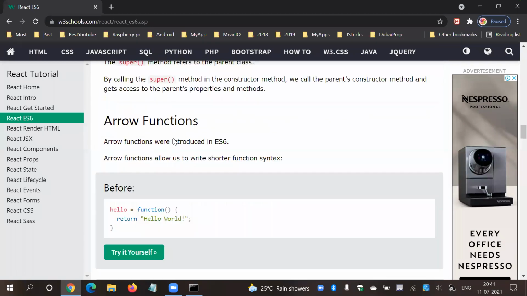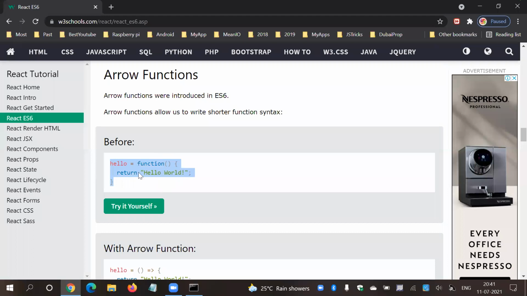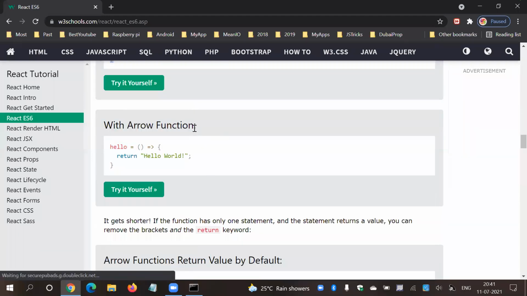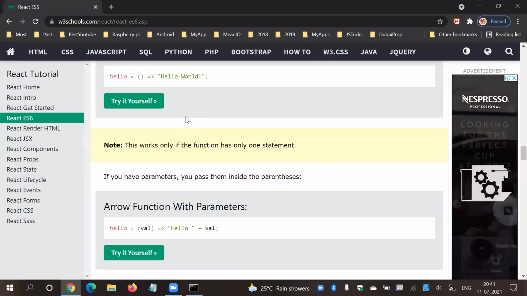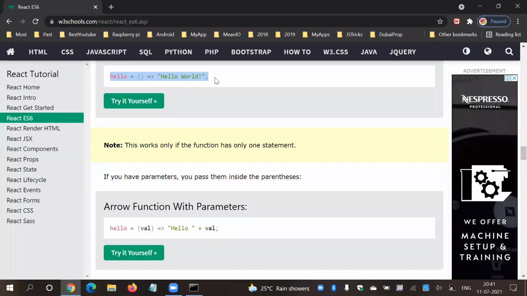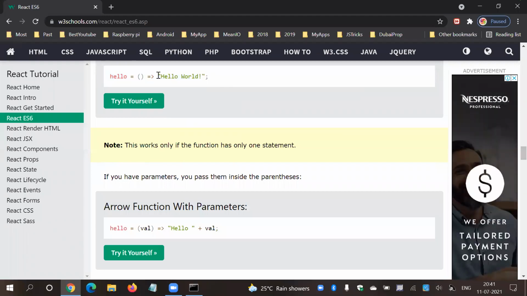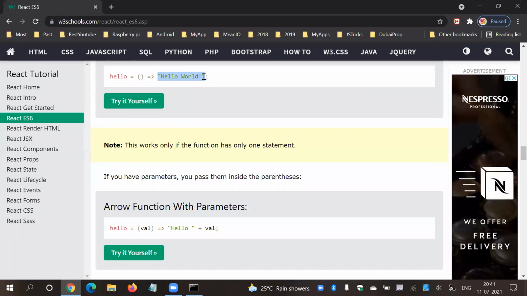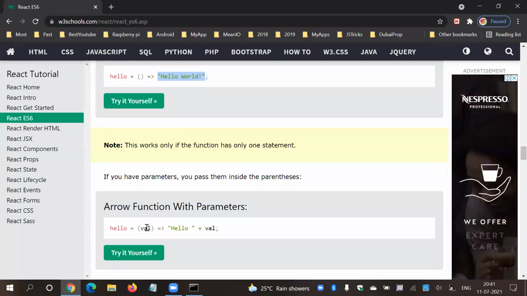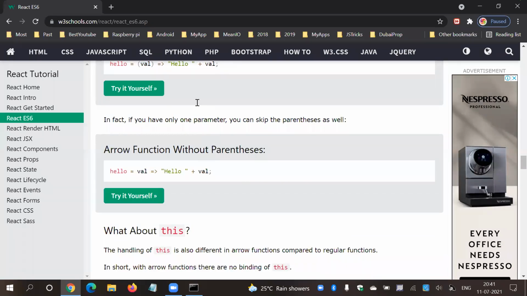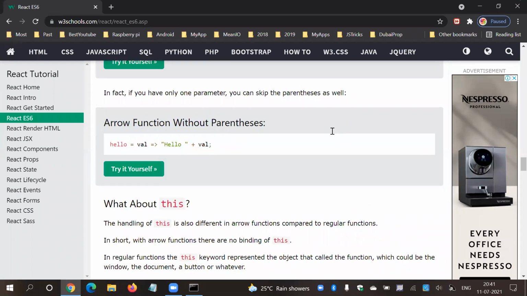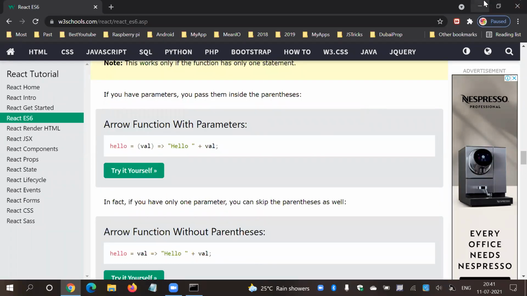That's it. And arrow functions, I'm also going to explain some of them, why to use and when to use. This is the shortest way to declare your function. This function is simply going to return the string hello world. That's it. Our hello can contain one parameter as val, and it will simply return hello plus whatever parameter we are sending, let's say hello Akash. So this is quite useful content. You can simply scroll down and you're done with most of the things in